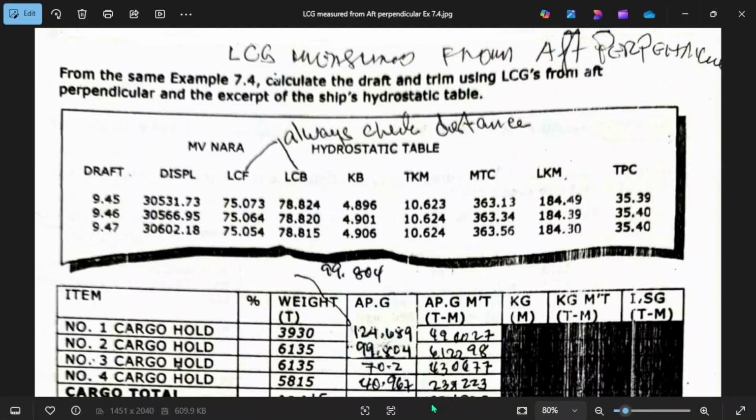Okay, so it will be LCG measured from our aft perpendicular going to the forward of the vessel. So it's from the same example of 7.4. Calculate the draft and trim using LCGs from aft perpendicular and the excerpt of the ship's hydrostatic table. Okay, so if you take note,